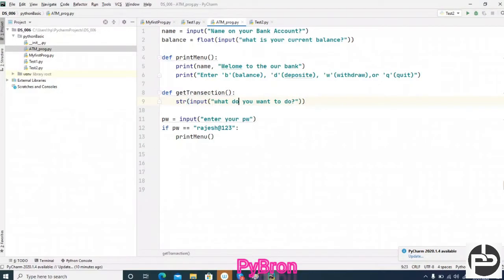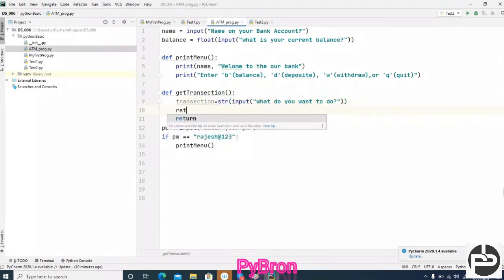Whatever the user is going to pass, suppose b d w q, we have to store somewhere, right? So I'm going to store it inside transaction, and after getting this I'm going to return it. Return transaction. That's all.